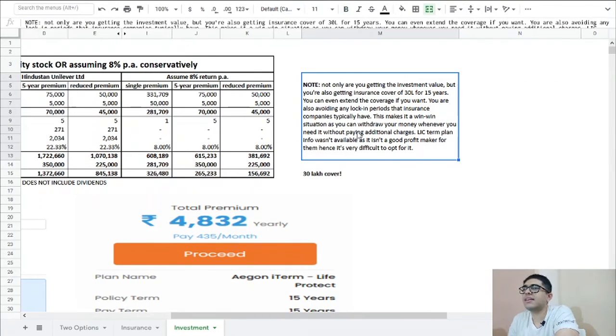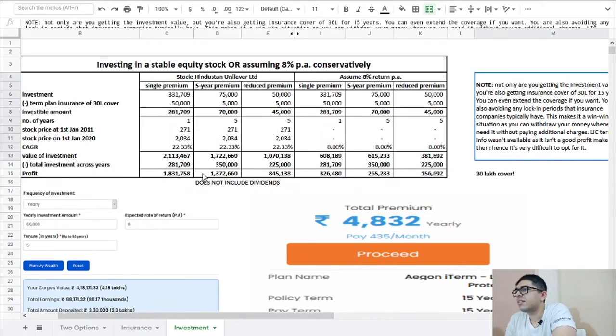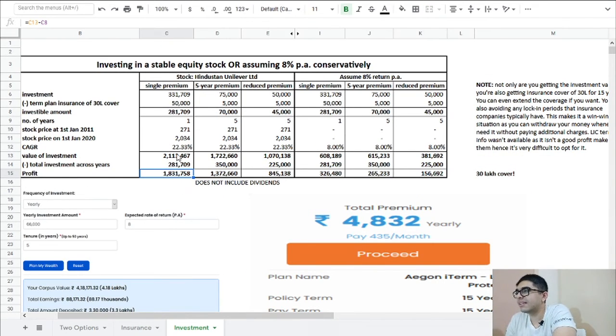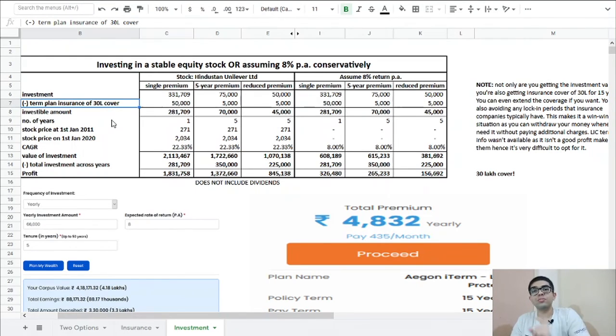Now in this thing there is another very important thing जो हम लोग को समझना चाहिए कि हम लोग अगर ये वाला केस देखते हैं, so the value of the investment itself is just around 21 lakhs, which is almost, it's what, 70 or so percent of our, it's actually more than 70% of our sum assured for our term plan, which means कि let's say something unfortunate happens to you, or to anyone, to the policy holder basically,